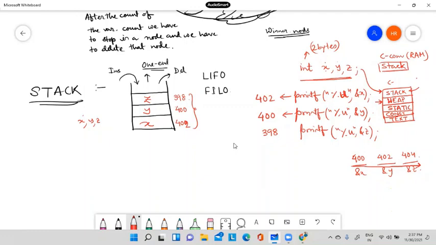But it is in reverse order because it is stored in a stack. Then when we delete them, first we have to delete z, otherwise we cannot reach x. The first element inserted is this one and this is the last inserted element. So we can say last in first out: the last element we inserted will be the first out.